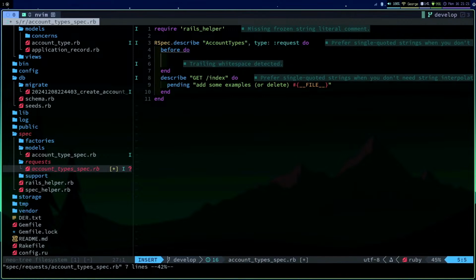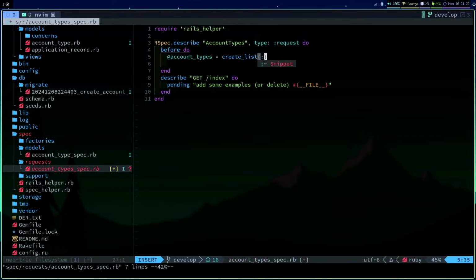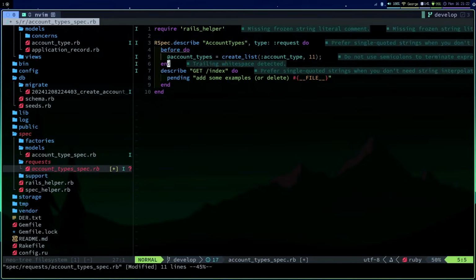And here we can create account types equals create_list, account type, maybe 10 records or 11 records. So after that,